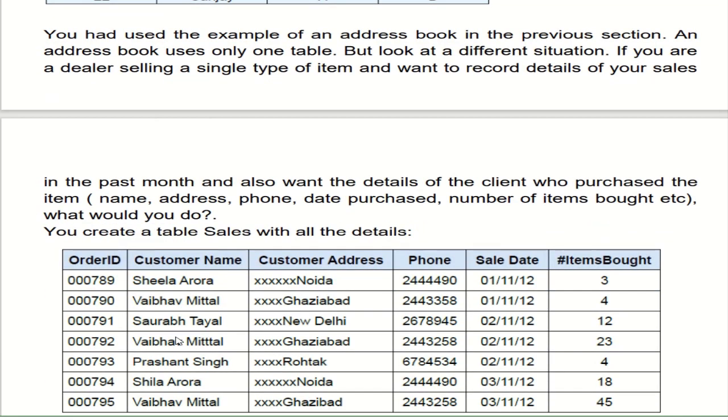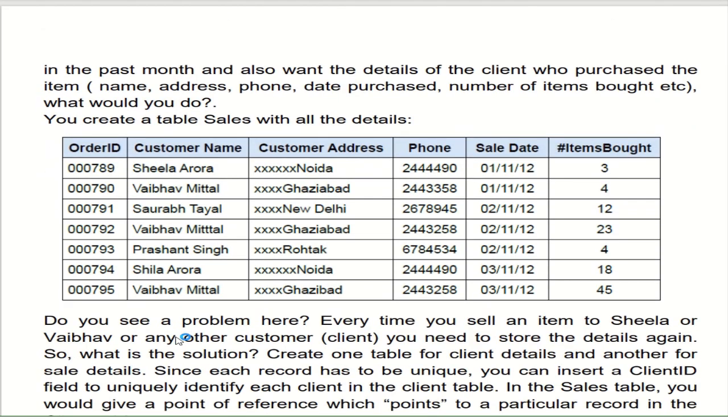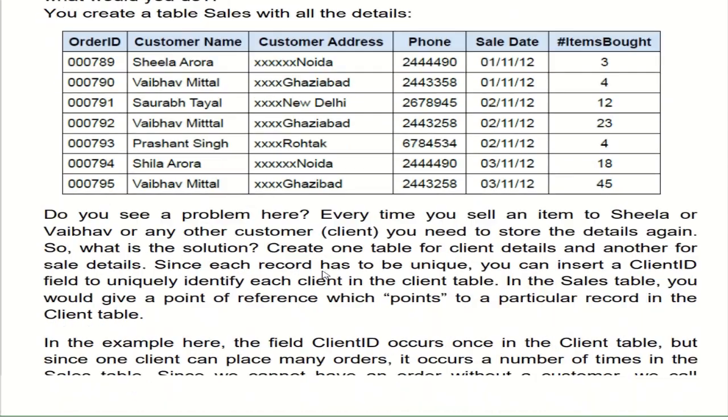An address book uses only one table, but look at a different situation. If you are a dealer selling a single type of item and want to record details of your sales in the past month and also want the details of clients who purchase the item, see, here the customer details are being stored such that you could access the particular item and sell your particular items.